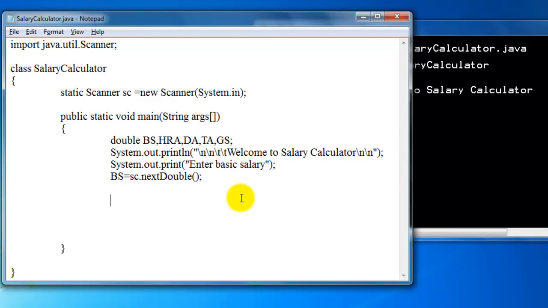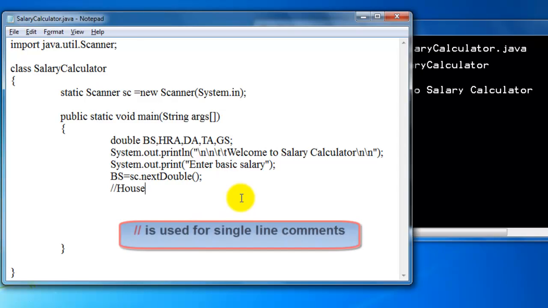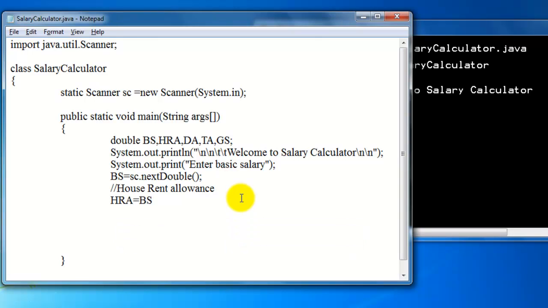Let's calculate the house rent allowance. I put a comment, house rent allowance, and to calculate it, HRA equals basicSalary * 20 / 100, and put parentheses to avoid confusion, with a semicolon.